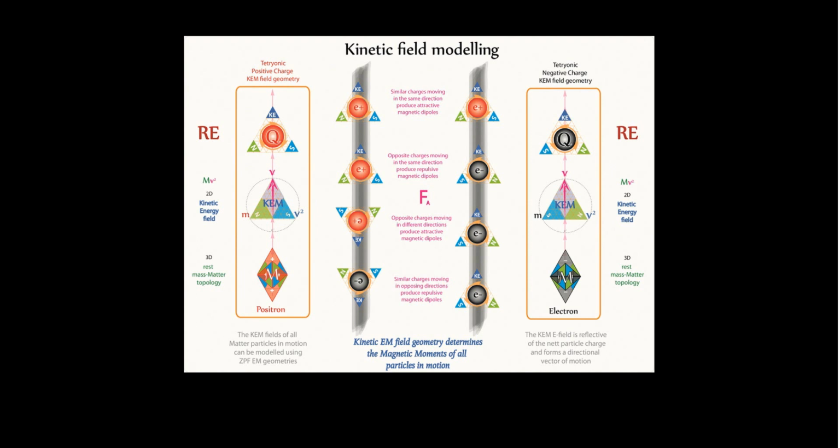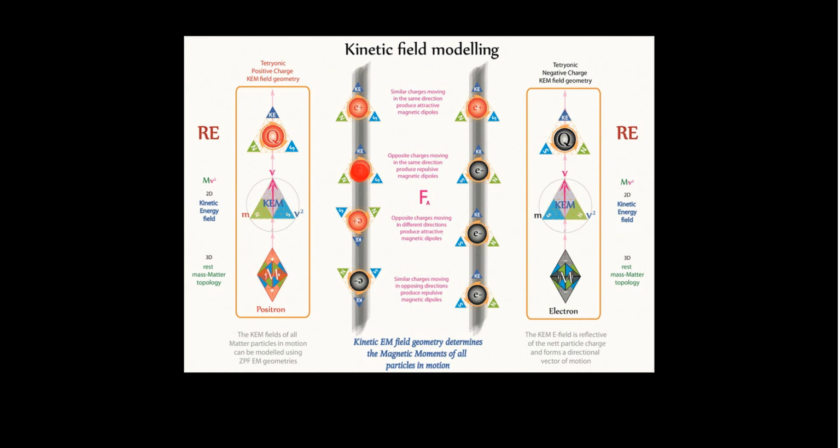You know immediately if this was replaced by a proton, it would be heavier. It would require more mass energy to accelerate it at the same velocity. Therefore, the mass energies in the KEM field would be contracted more than they are with the electron. But because the electron's lighter, the electron can move faster. So its field is more enhanced by the fact that it's a lighter particle. It accelerates faster than the